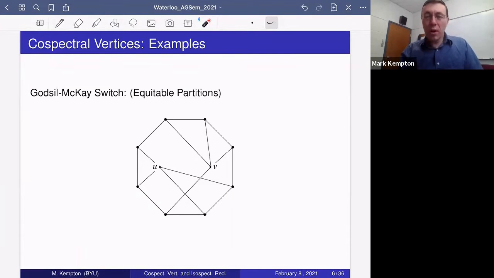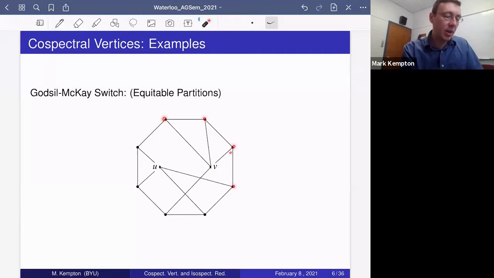Well, one of the classic constructions of pairs of cospectral graphs is this Godsil-McKay switching operation. I won't really go into what that is, but I suspect a lot of you are familiar with that already. But the idea is that if I have an equitable partition, I can attach a vertex to